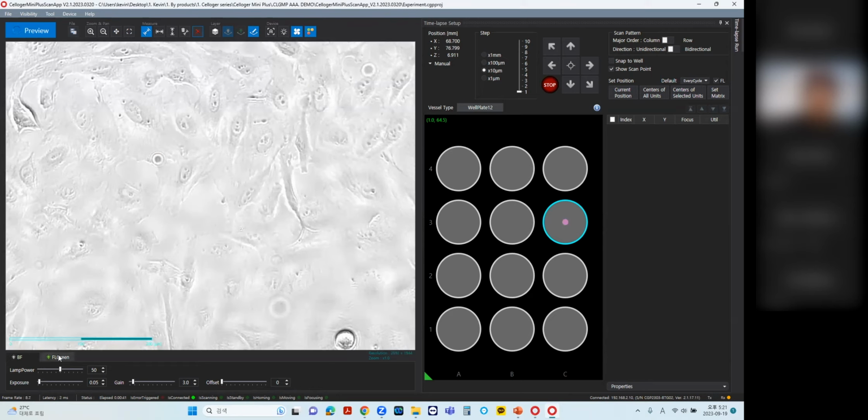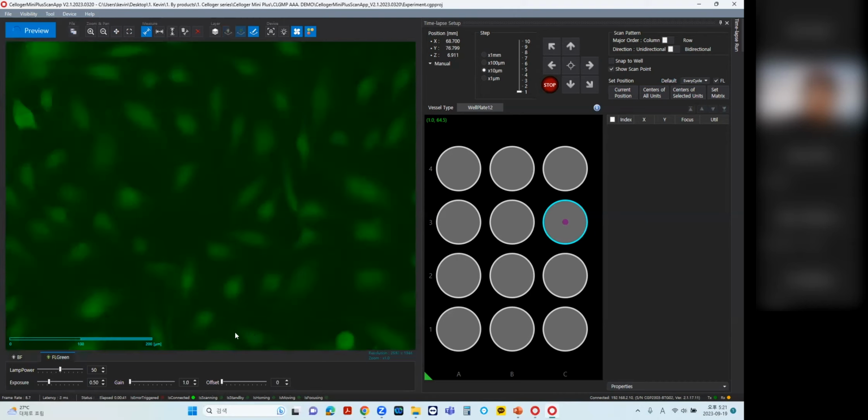If you wish to switch over to green fluorescent, which is put on this device right now, if you click on the tab down here for FL green, it'll switch over for green fluorescent. You can capture the position and it'll give you an index on the side for the X, Y axis and also the Z axis. And not to mention, for the Z-axis, since in some cases the contrast and focus may be a little bit different, you can set a different offset for each bright field and green or red fluorescent on the same position. And right now it's blurry, so once I set this up,